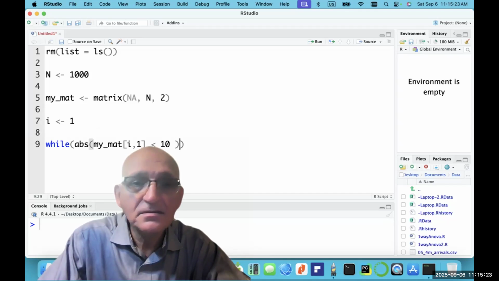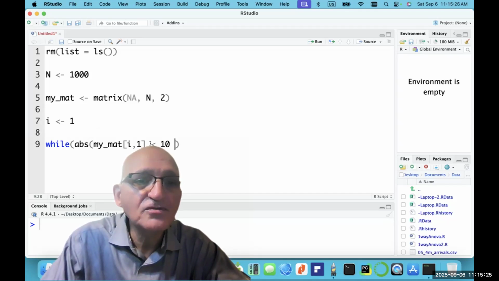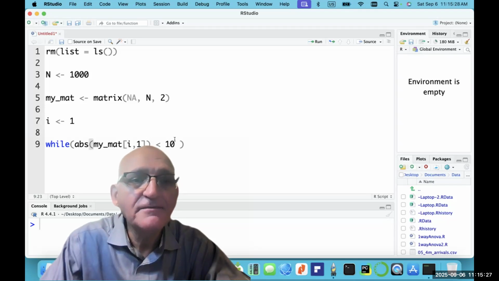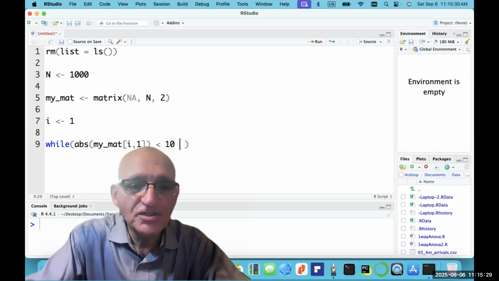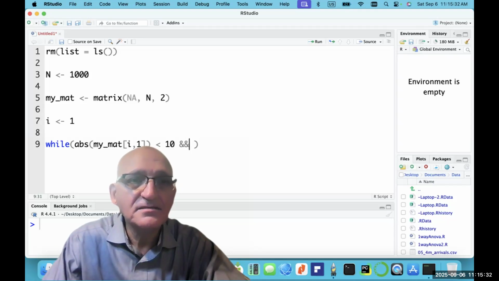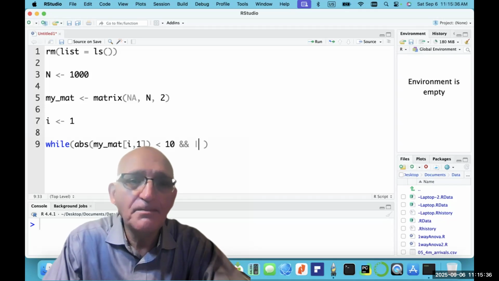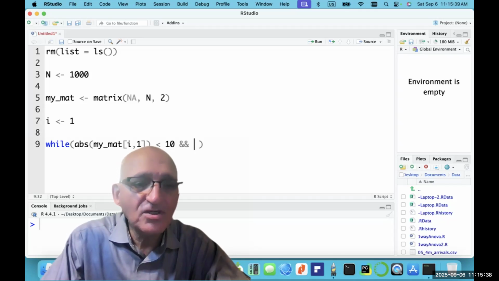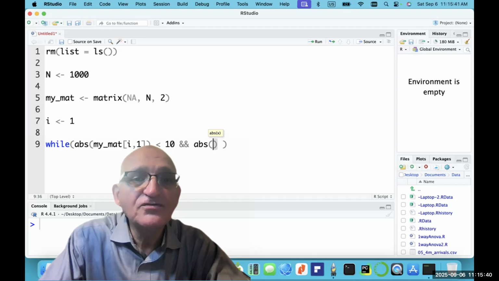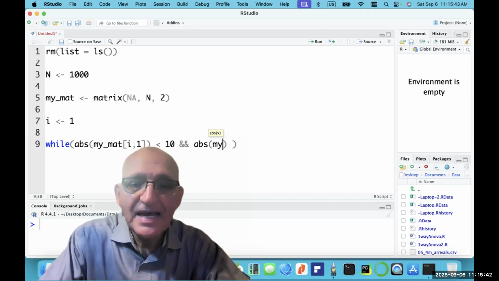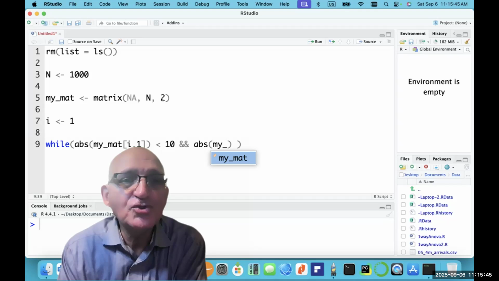No, I have to have absolute value between parentheses, okay? And so notice we use double ampersands. Or if we want or, we use double pipes, okay? And then I'm going to repeat the absolute value of my mat, because basically what I'm going to,